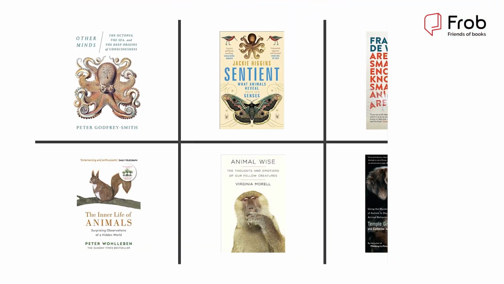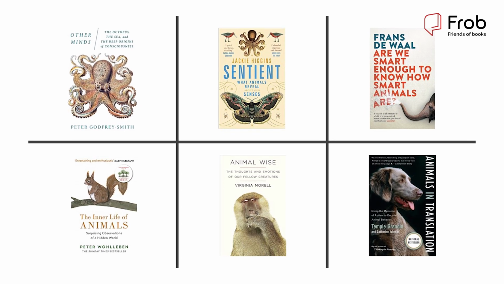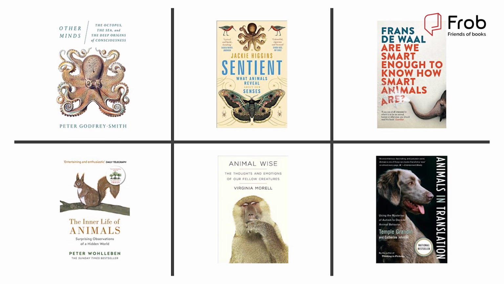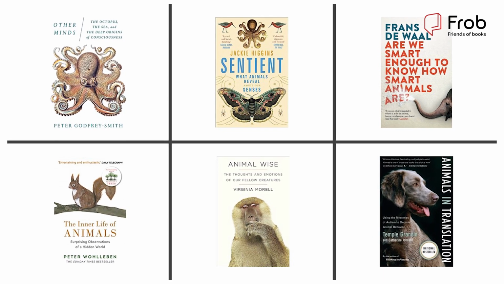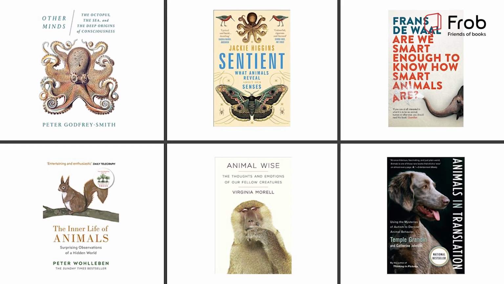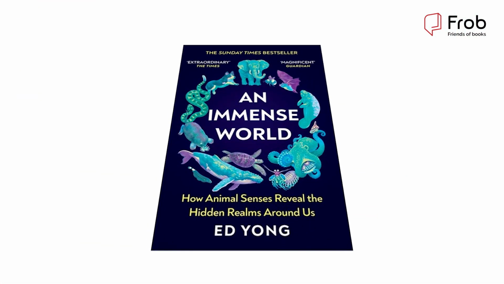So I have some book recommendations. This is another book which came out at the same time as this book was published, which also has similar topics, and compares humans with animals' extraordinary senses. And some other books that I have read also speak about how conscious they are, some of the questions that are widely pondered upon among ethologists and neuroscientists. So I'll stop here, and these are some of the book recommendations along with this book.